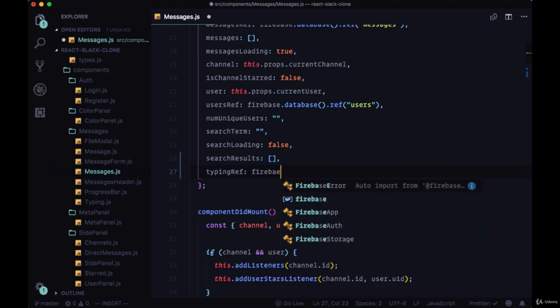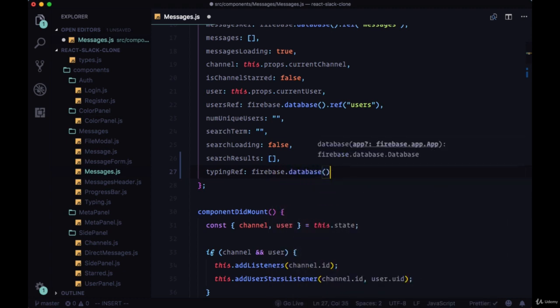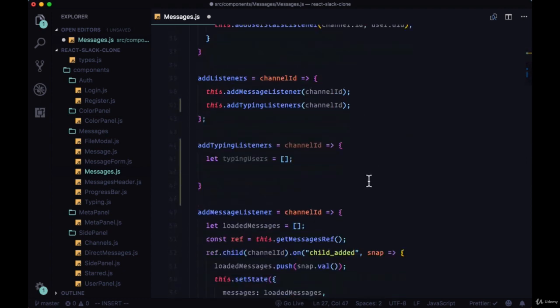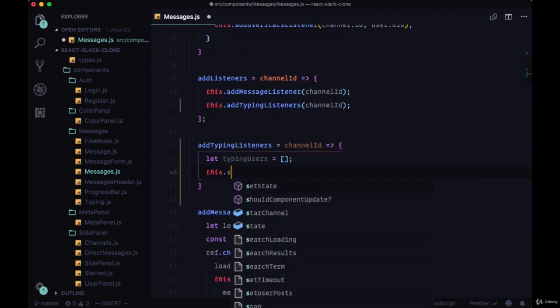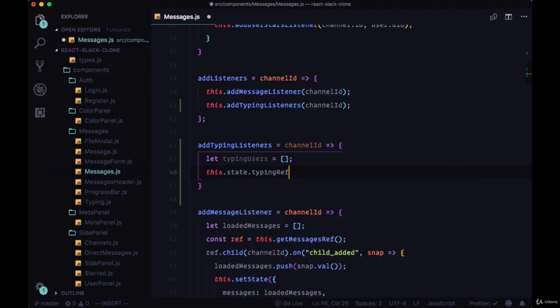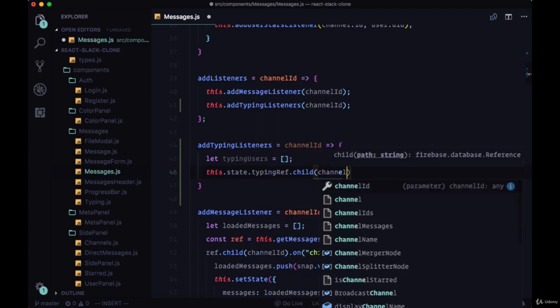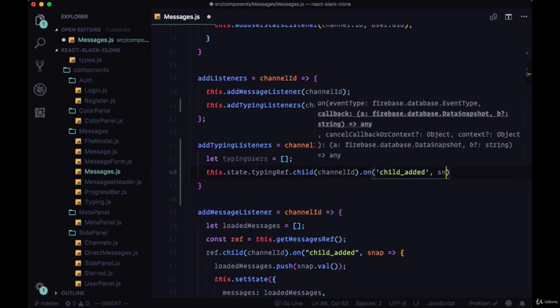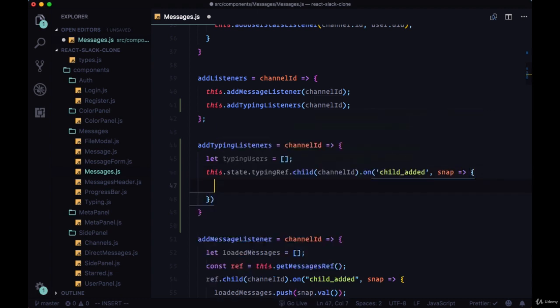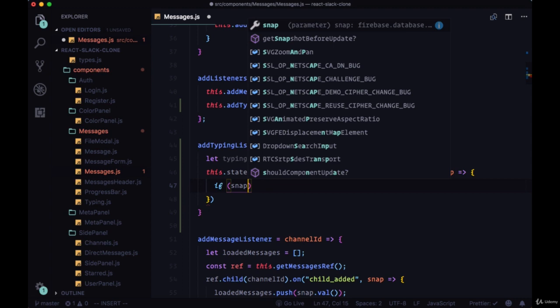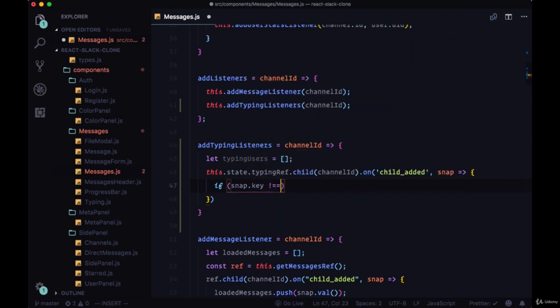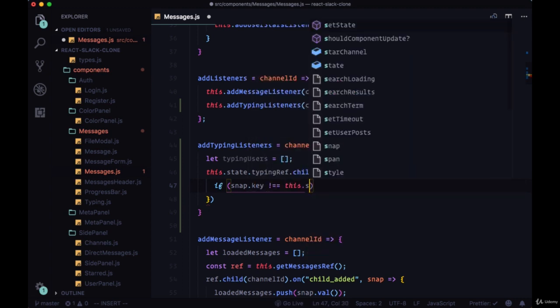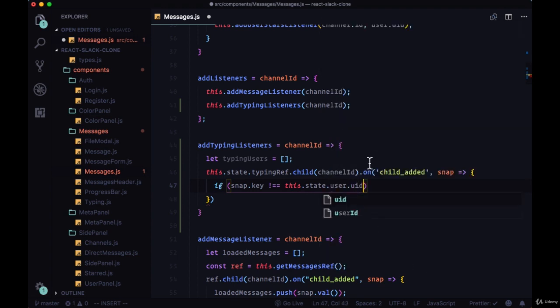So on the state object we'll add our typing ref referencing Firebase Database and a ref with the string of typing. So we'll take this.state.typing ref. We'll pass channel ID as a child to it, and we'll listen for the child added event. And within the snap, we'll first check to see if snap.key is not equal to this.state.user.uid,